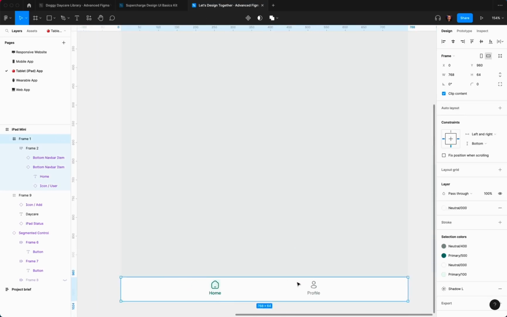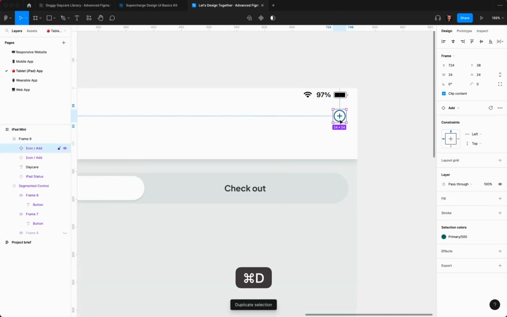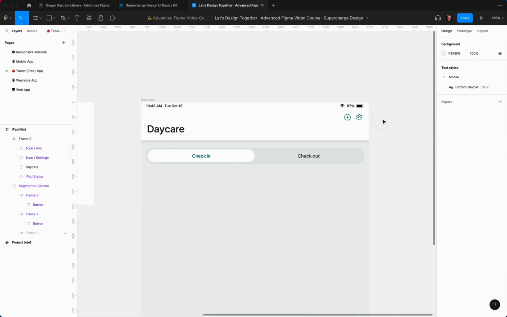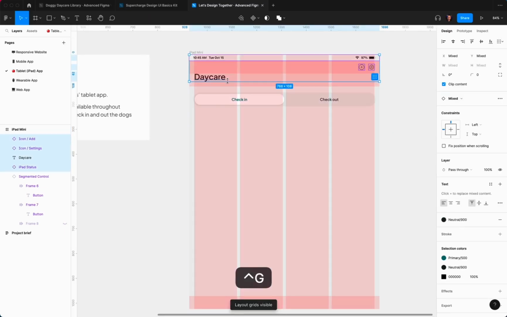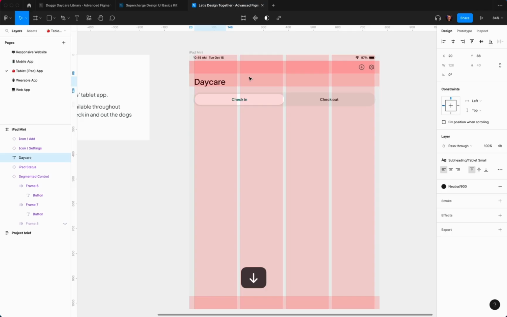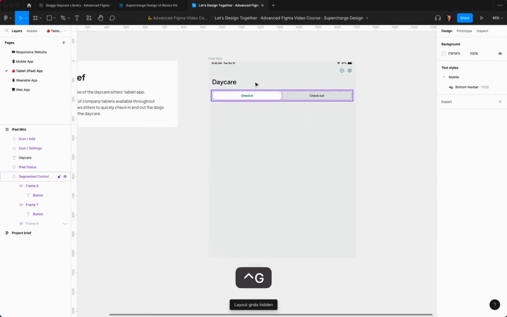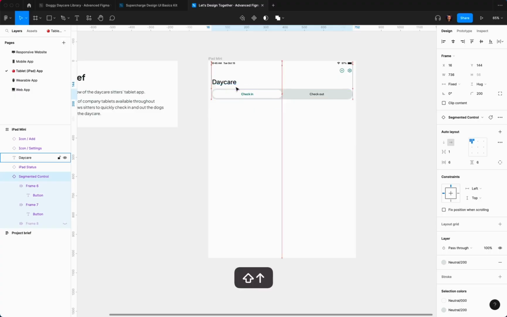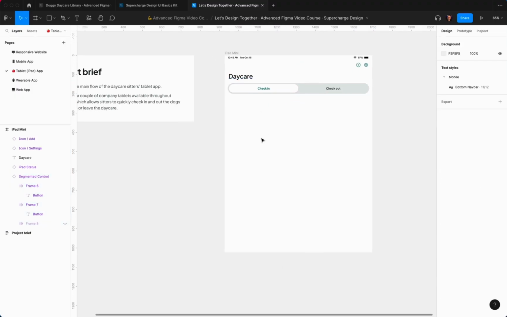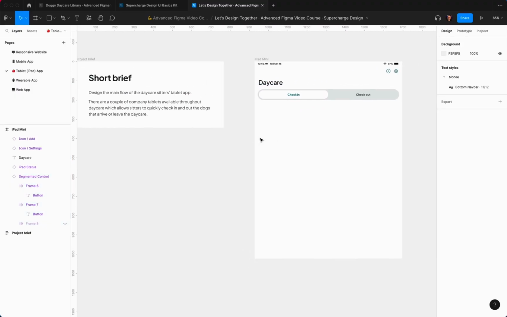But one thing that I've noticed is, do I really even need bottom navigation? And I think I decided against it, just because I felt like this app is going to be really simple. It just needs to allow you to check in a pet and check them out. So I decided against the whole background and against the navigation on the bottom, because it just really needs to